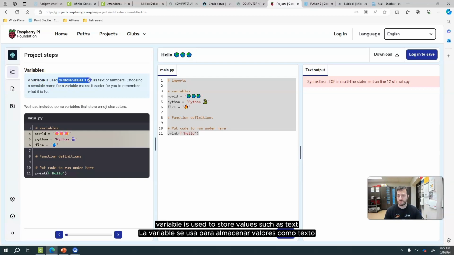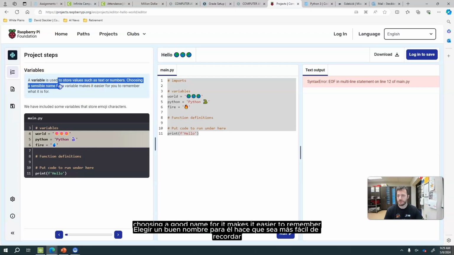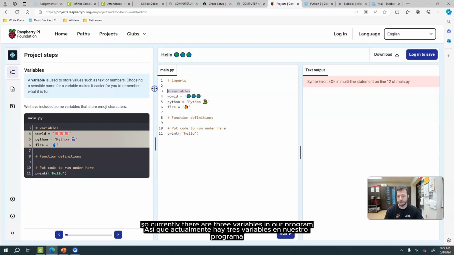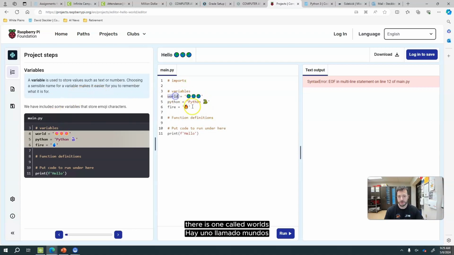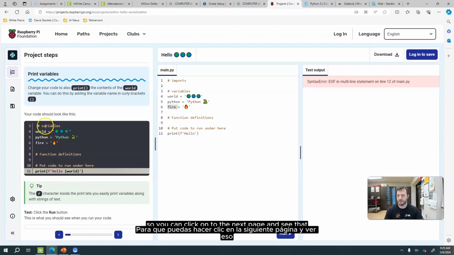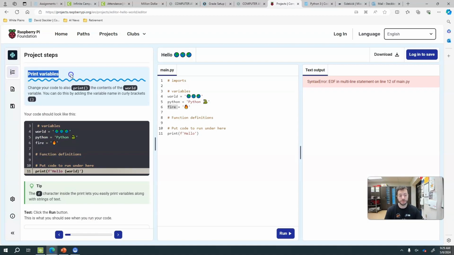A variable is used to store values such as text or numbers. Choosing a good name for it makes it easier to remember. So currently there are 3 variables in our program. There is one called worlds, where we have the 3 world emojis, Python, and fire. So we can click onto the next page and see that if we want to use those variables and print them out to our text output,